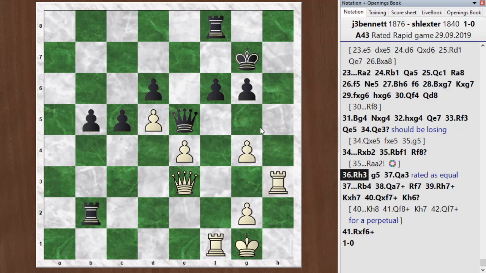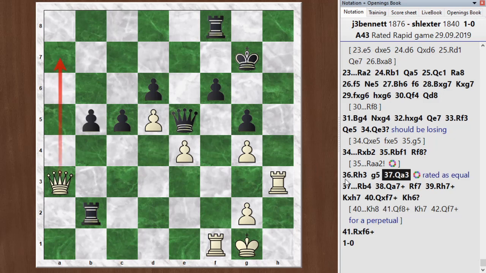And after rook h3, let's see, he went g5 to shut out the queen and rook coordination on that square. So I played queen a3, and after letting the chess engine think for a while, it rated this as completely even. It just comes up all zeros at this point. So it just means there's no good defense here. My queen is coming in. He could play some defensive moves like this, but anyway, it seems like I have enough counterplay,